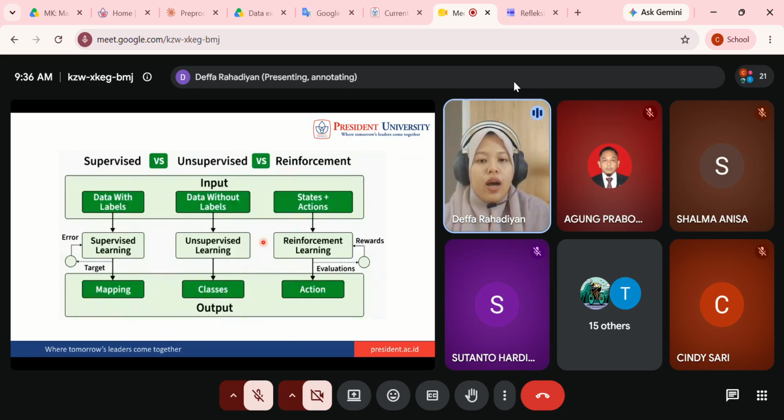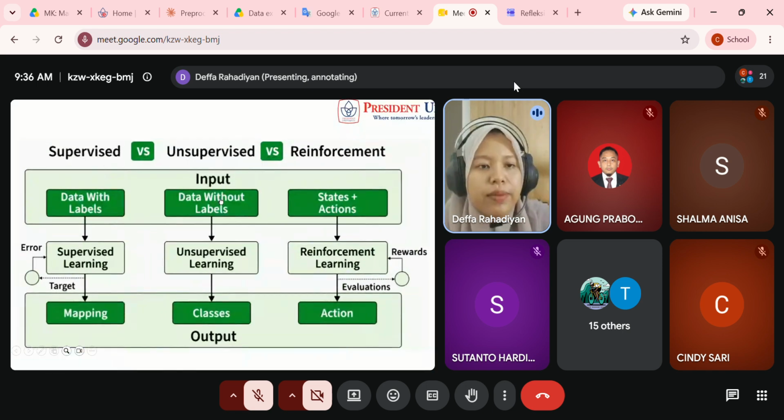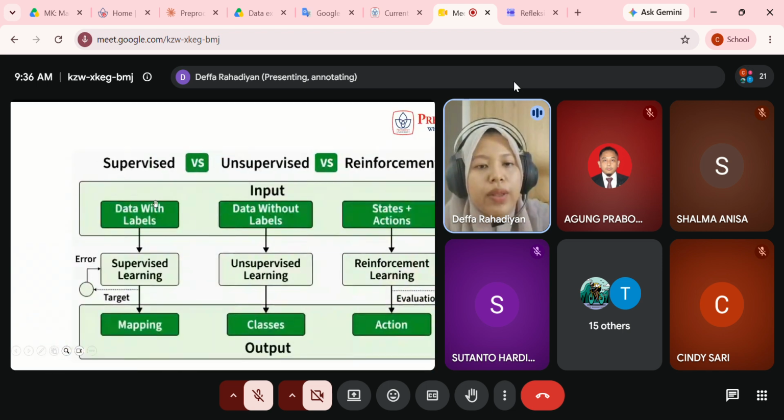So in here, for the supervised itself, we already have data with labels, and the target is mapping this data to X class, Y class, or Z class, Z label.